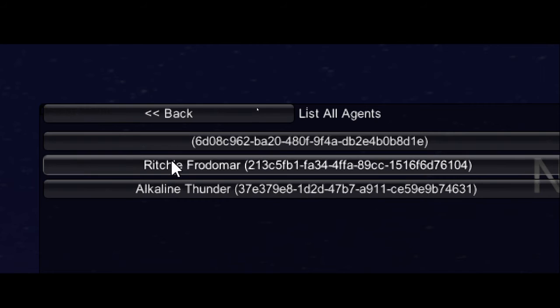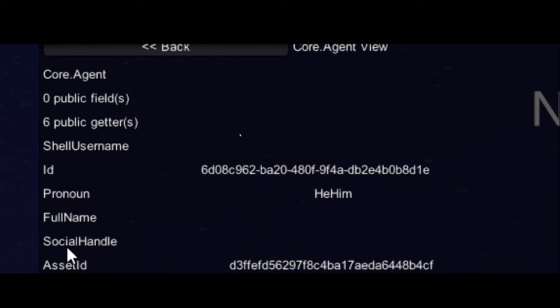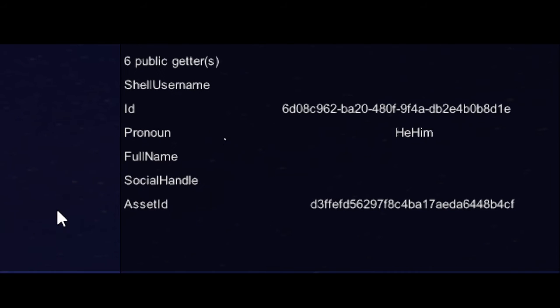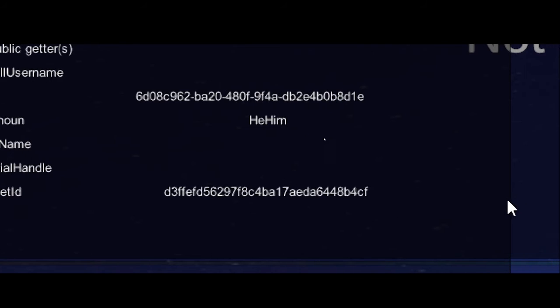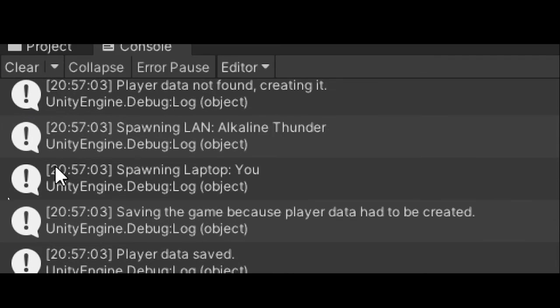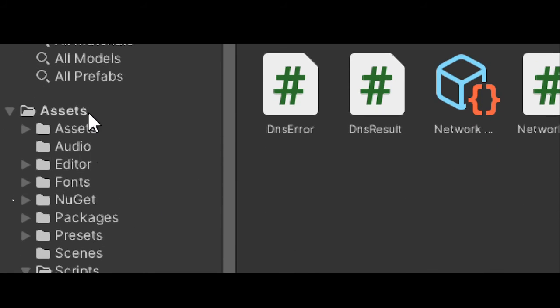That's my player agent. This agent, for some reason, doesn't have an ID. I wonder who it is. It's got a pronoun, but it doesn't have an ID. That is really strange. It does also have an asset ID, though. So I can look for that asset, but it is strange that it doesn't have a name. I wonder why that is. I'd have to look into that. That sounds like a bug of some sort. Maybe I created an agent and then I just never gave it a name, but we'll give it a name